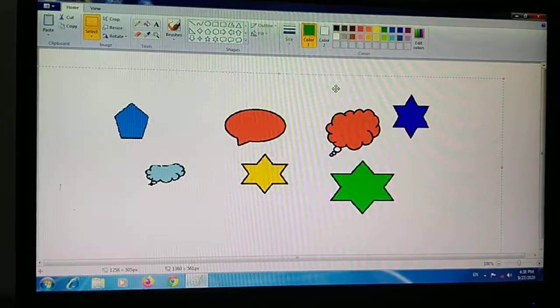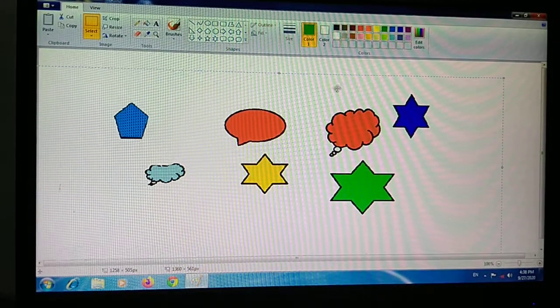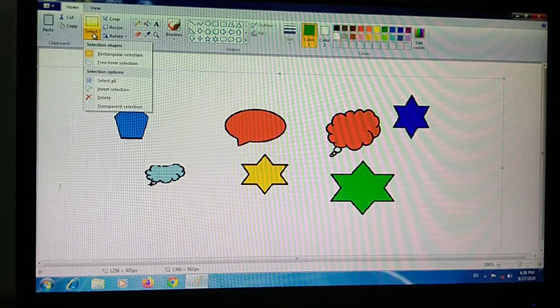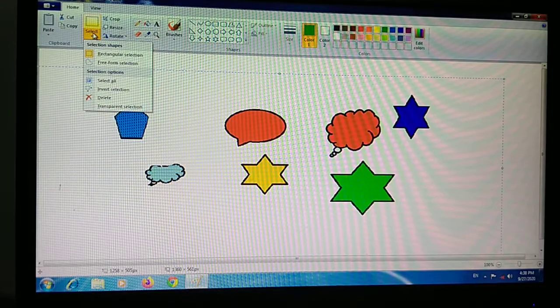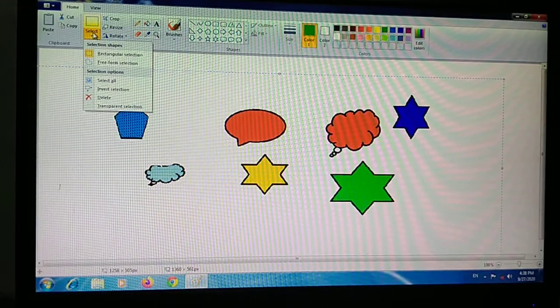After that, our next topic is cropping a picture. If you want to crop a picture, what do you have to do? The crop option in the Image group is used to keep the selected part of a picture and delete the remaining picture from the drawing area.